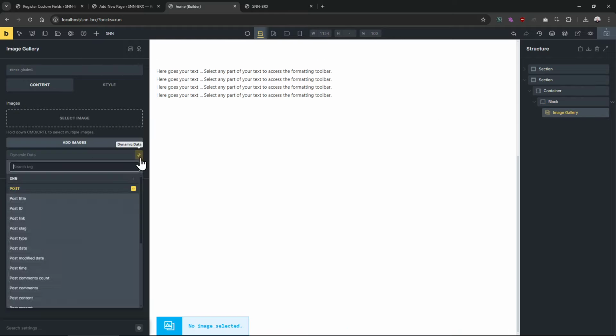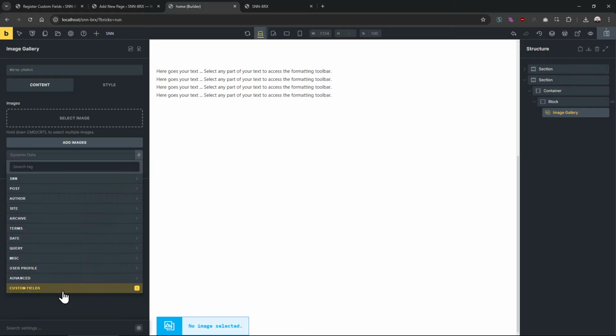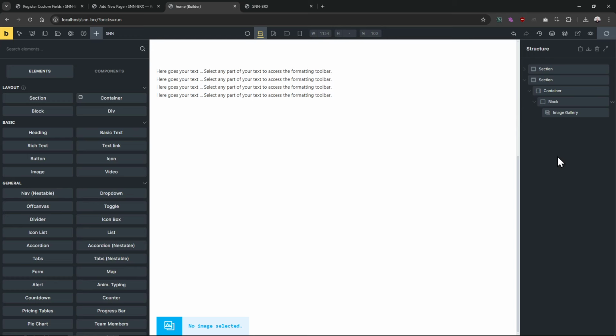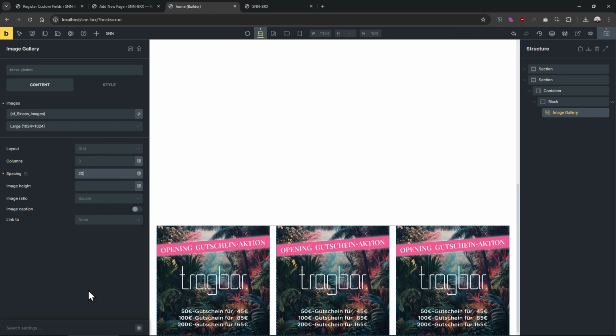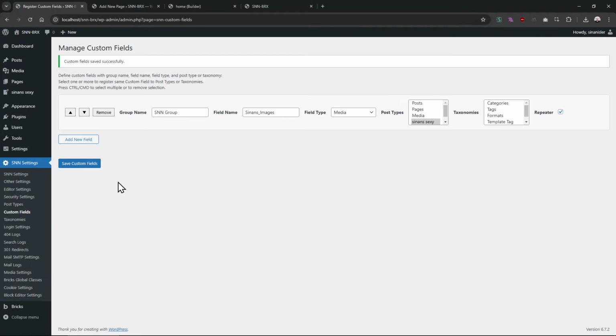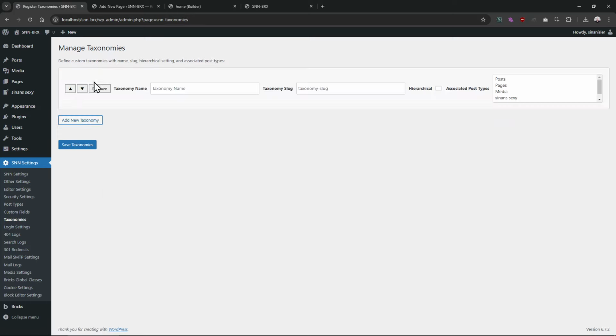Okay, let's select the Sinan's images, and then our images will come with it. Easy. As you guys can see, the repeaters work with bricks pretty well. So next, you can add taxonomies, Sinan colors, taxonomy, or categories. Let's make Sinan categories, and it can be,